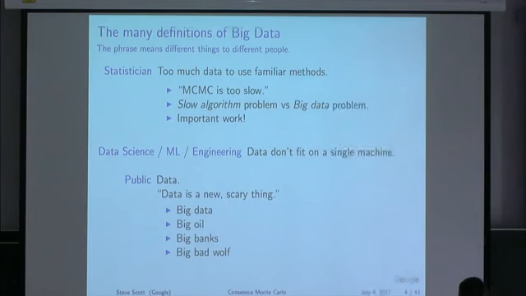All right. Okay, so I guess I mentioned this just before. This is not a meeting about big data, but big data is definitely a phrase that hasn't disappeared just yet. And I think that I've already mentioned the difference between how statisticians think about big data versus the data science and engineering world. To a statistician, you have a big data problem if your MCMC is too slow, right? I have so much data, I can't just do my Metropolis Hastings or something like that.